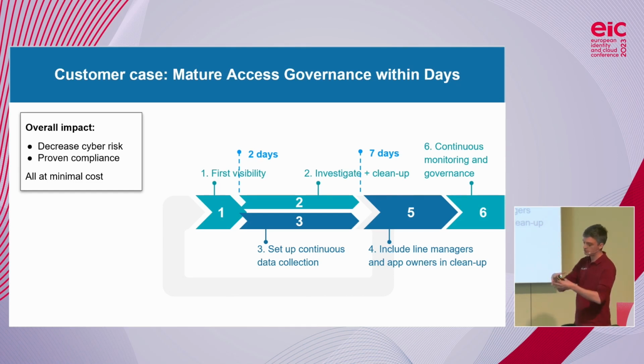And then at some point, well, at the start, the focus is on the security team. They know the most important risks and they can make decisions on those things. But at some point they don't know everything anymore. So in that case, you have to include the other people that are responsible for their parts of the organization, like team leaders for their teams, application owners for their applications. And I advise against giving them the same full-blown analytics interface of our product, but include these people in the form of access reviews, where you just ask them the question, hey, Maarten, in our system, these are the 20 people in your team. Is that still correct? Should some of these be removed?